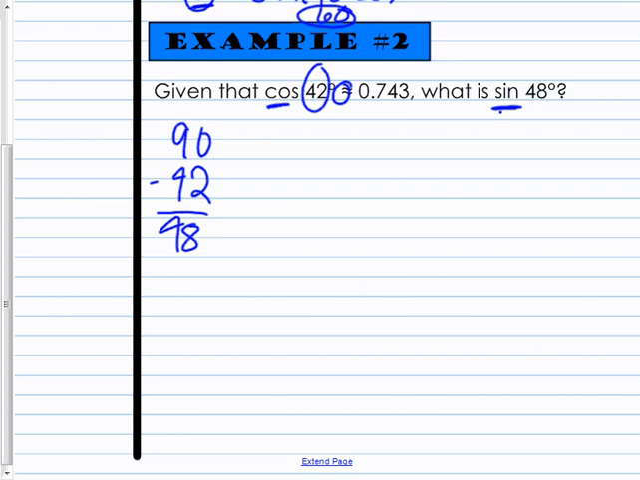and you hit the sine button, you also get 0.743 on and on and on. So if you don't believe me, check it on your calculator, okay? So as an example,